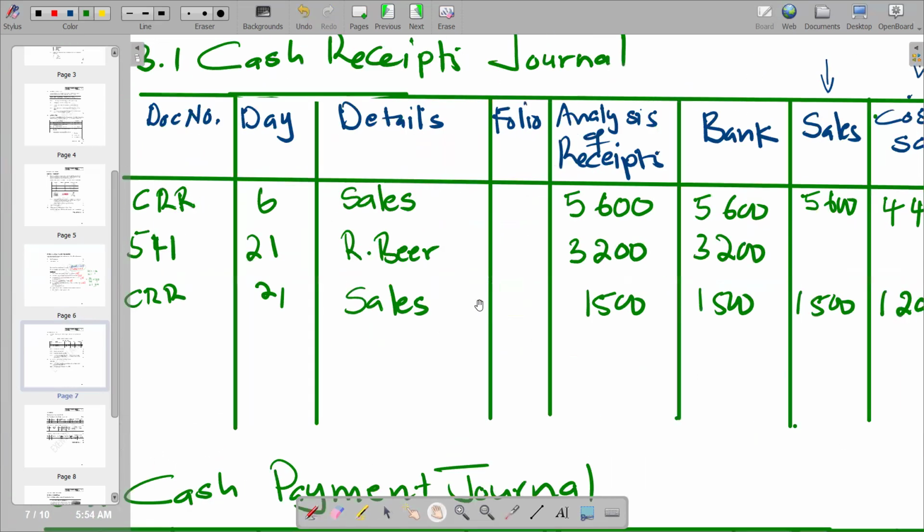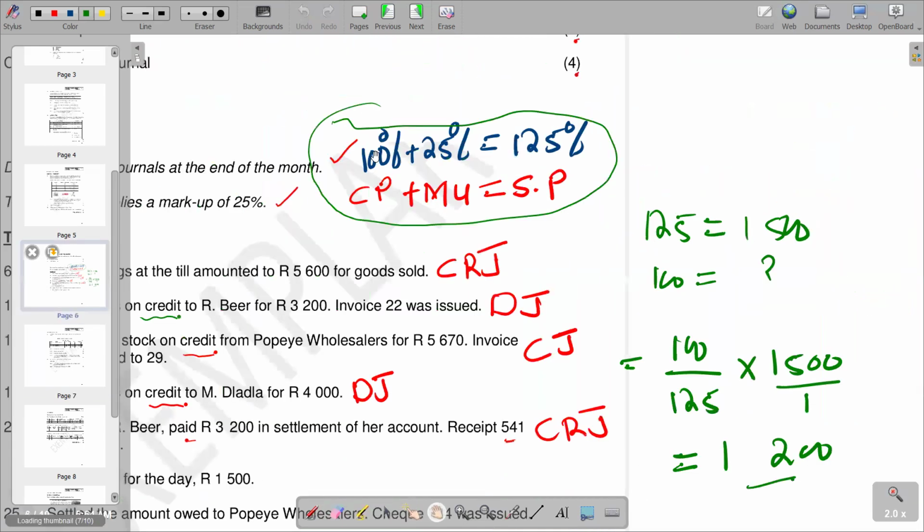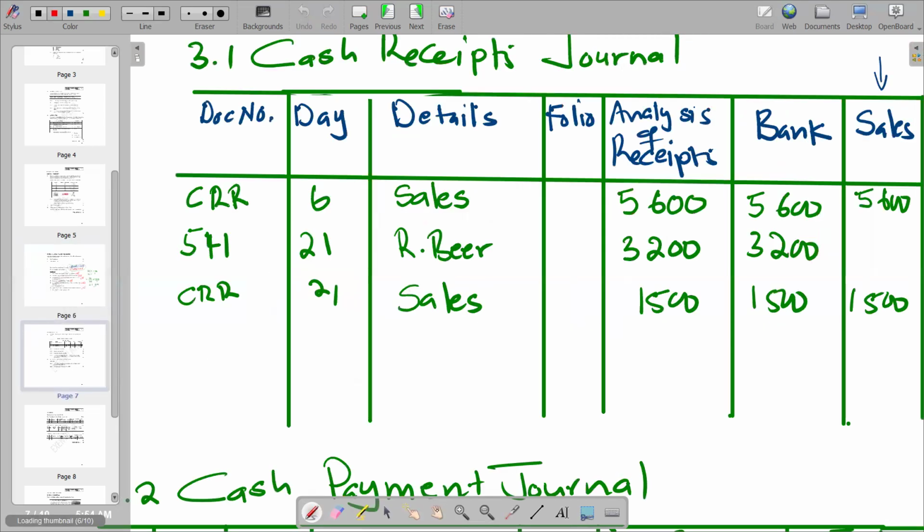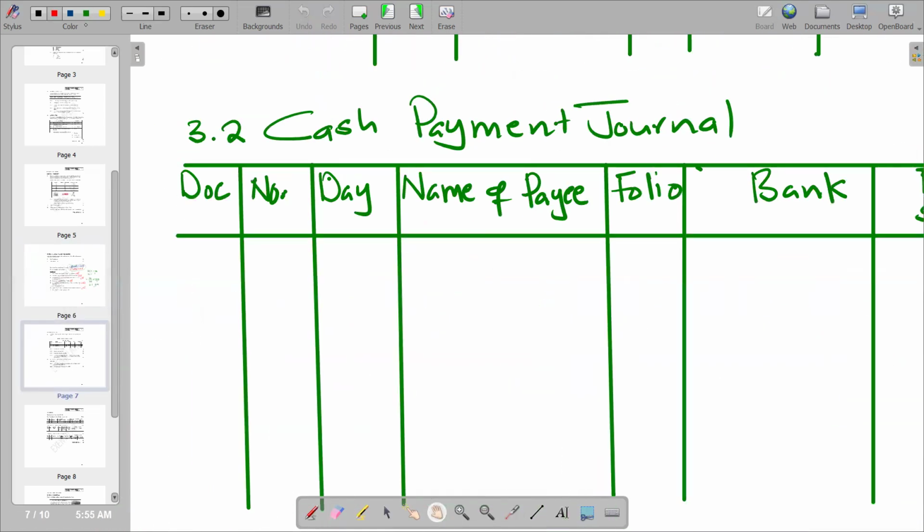From there, we can move on to the next transaction that we have, which is now on the 25th. We say settle the amount owed to Popeye wholesalers. Check 334 was issued. Settled means the business has paid money to Popeye wholesaler, so it's the cash payment journal. The first thing is to identify which journal, so we have the cash payment journal in this case, and our document number is 334. This is our cash payment journal, whereby we are saying our document number 334. Our day we've got